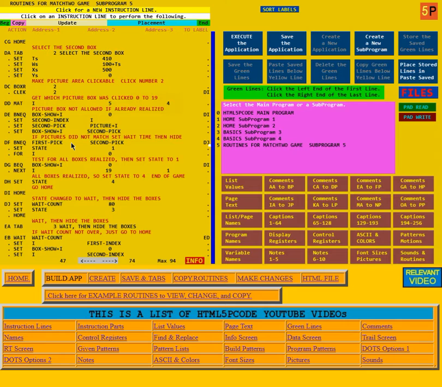So after that it says if they are not equal. If the first pick and second pick are not equal, go to DJ. We're going to go down there and see that it then sets a wait count to 80 and sets the state to 3, which is the state it goes in when it's going to wait. They didn't match, so it's going to wait a certain amount of time, and then it's going to hide them again